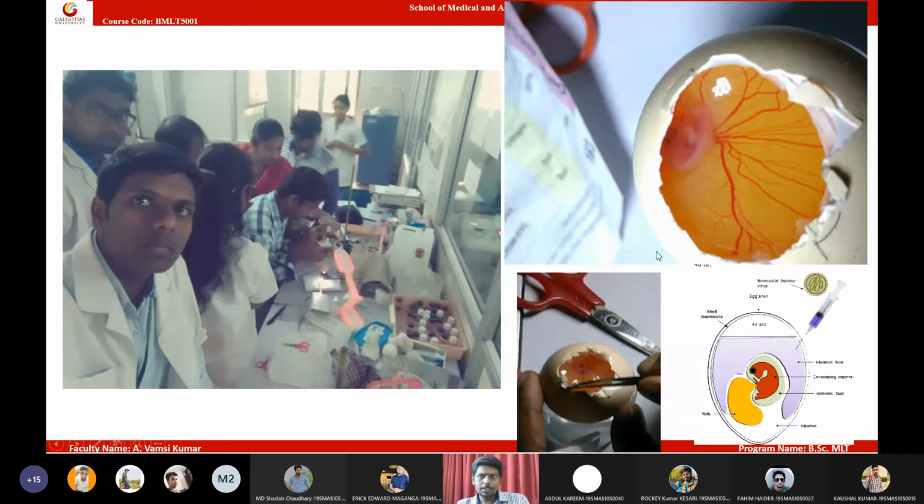So here we cut the airspace on the top portion of the egg, and here you can clearly see an embryo and you can see blood vessels. So presence of blood vessels and a healthy embryo indicates it is a living chicken or living embryo. So only in these living embryos can we go for virological studies. Here I'm studying the cancer oncogenes. So I'm studying the viruses that cause cancer in the embryos. So this is how an embryonated egg looks.